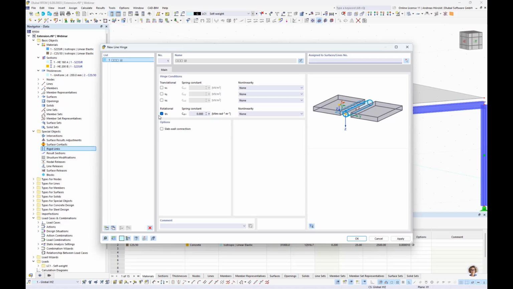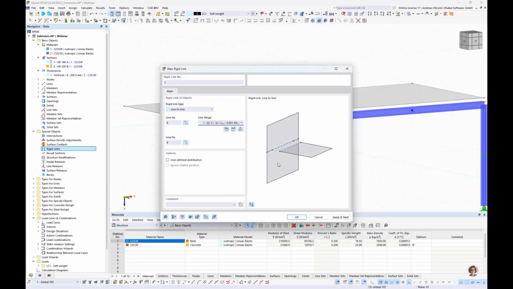So, rotational should be free around the x-axis, and in the x direction it should also be free. So we enter only a small spring so that the calculation is running. So okay,